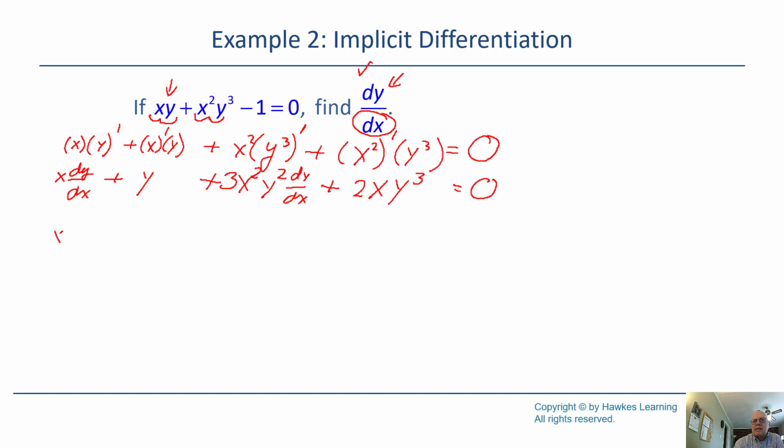So I've got x dy dx plus, take the second one that has a dy dx on it, 3x squared y squared dy dx, and I'm going to move the y to the other side, so I've got a minus y, and the 2xy cubed to the other side,